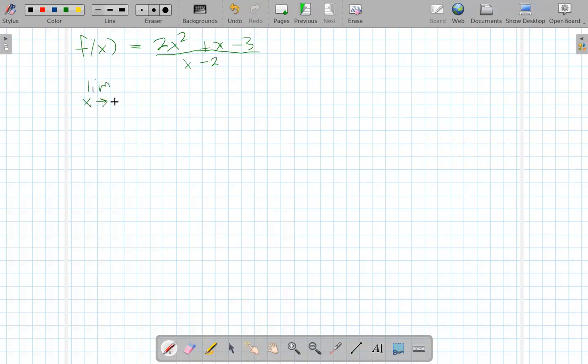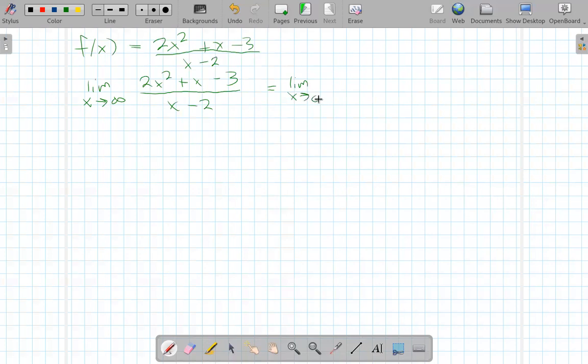Let's go to the right forever first, positive infinity, 2x squared plus x minus 3. So what is the end behavior on the right side? x minus 2. So our trick here is to divide everything by the highest power of x. And if we do that,